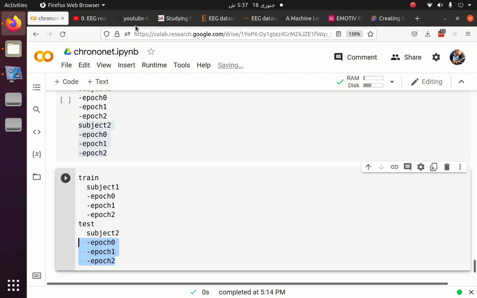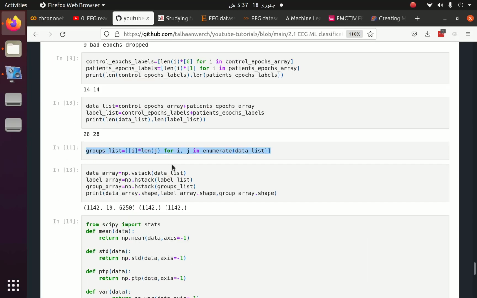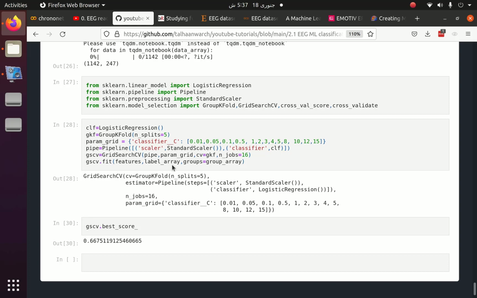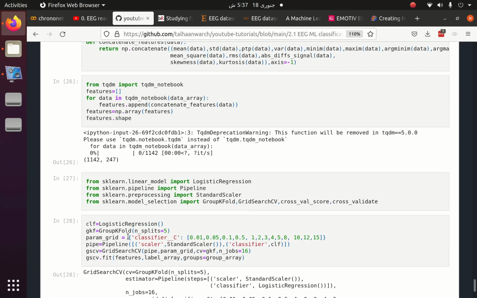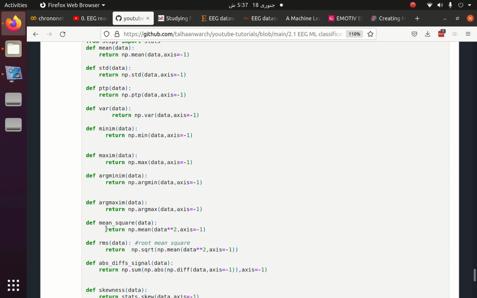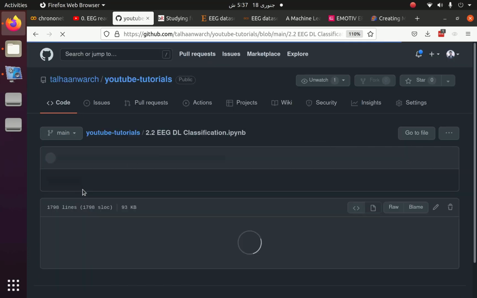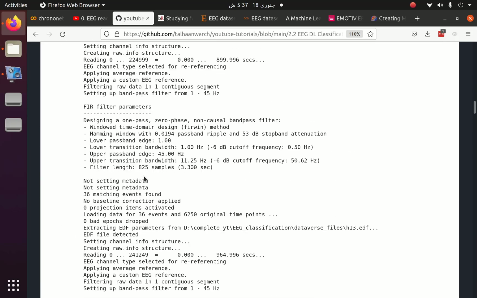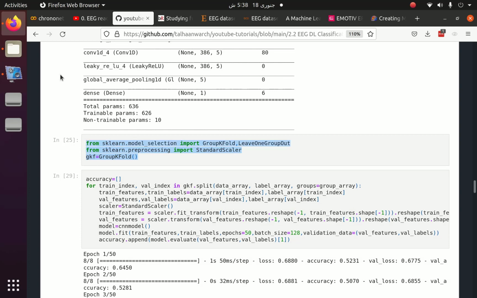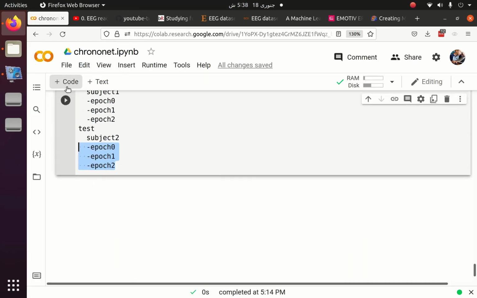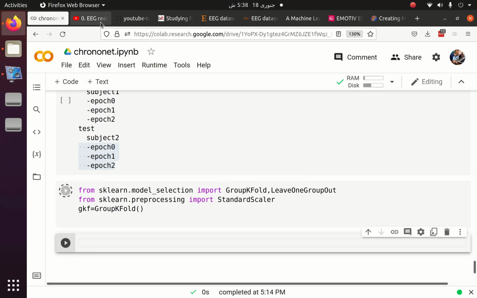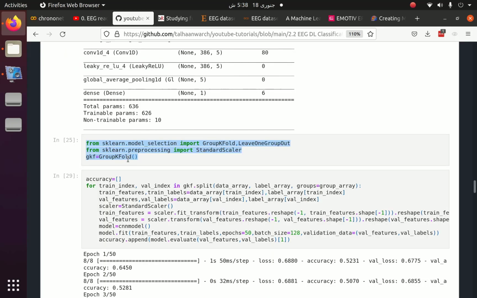This is the same as we have seen in part 1, or maybe down here, where we can see that we have created a GroupKFold, but this time we are going to do it in a different way. So let me first copy it, but let me go to the deep learning part, which is more relevant to this task because this is also our deep learning. So let me import the GroupKFold. After the GroupKFold, let me split the data.